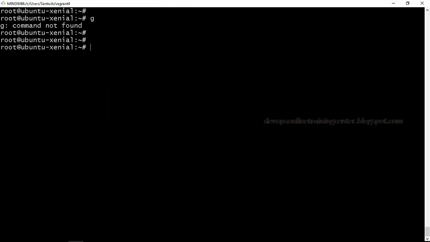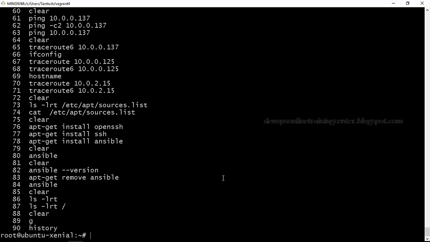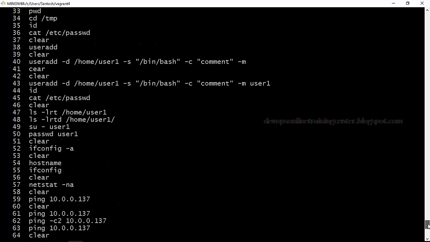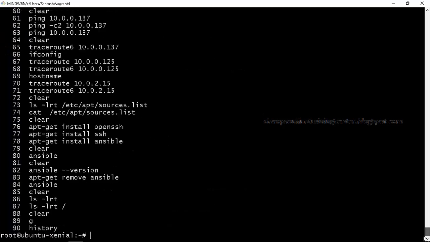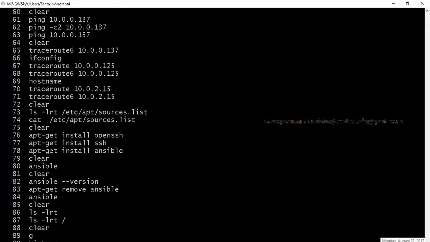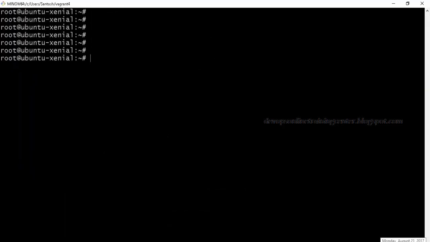So we type a lot of commands, right? If you just run history, we'll see all the commands which we typed from the beginning. And if I'm executing one command repeatedly and I don't want to enter that command again, with just a search, with some unique word, I can get the command.